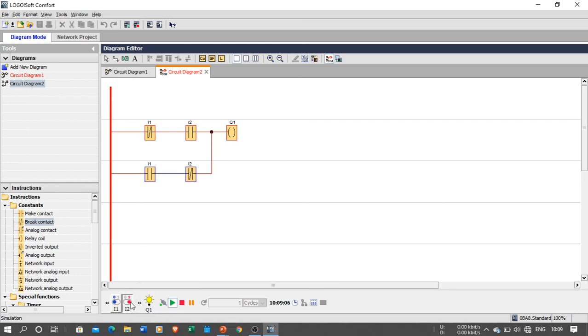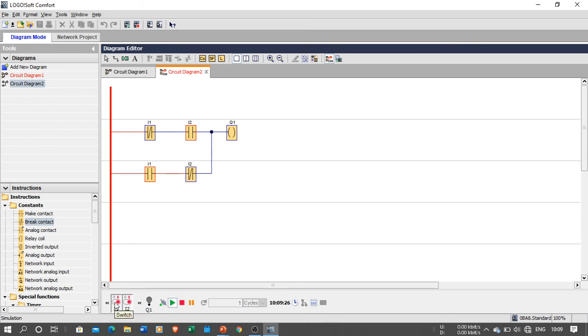Similarly, when I1 is 0 and I2 is 1, I also get the output. Okay, so when the inputs have different conditions, when one input is 0, second input is 1, that time it will give the output. If the inputs have similar states, that is both I1 and I2 are 1, 1, the output is 0.